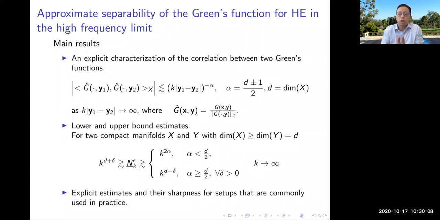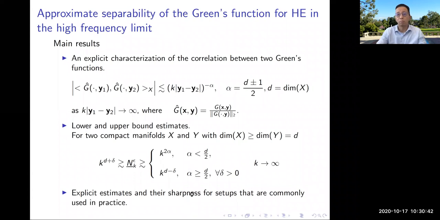So here it is almost orthogonal and depends on the distance, so you have to do a very careful analysis to show the lower bound. But you should imagine it's rich because there are a lot of independent vectors, or almost orthogonal vectors. And then we can give this explicit estimate, and it is sharp for situations like the butterfly algorithm and so forth. Those things you use in practice, it gives a sharp estimate.